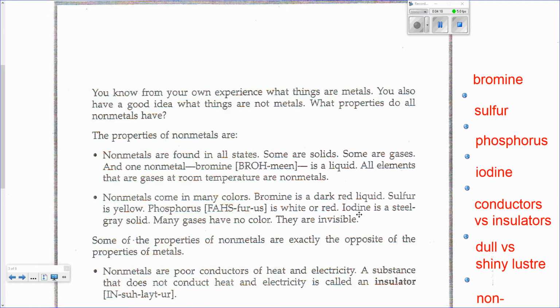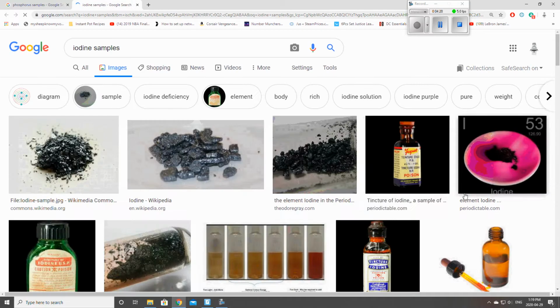Iodine is a steel gray solid. Many gases have no color and they are invisible. For example, oxygen is in our air, and so is nitrogen, but we can't even see it. It's clear and colorless, and it also has no odor. But look at iodine here. Iodine is kind of a steel-colored